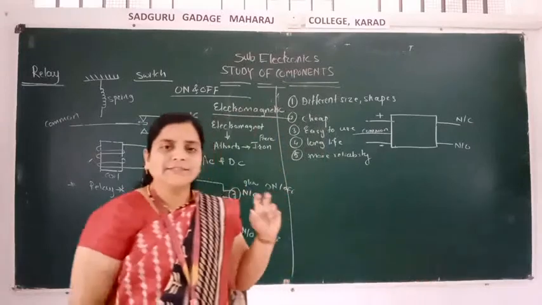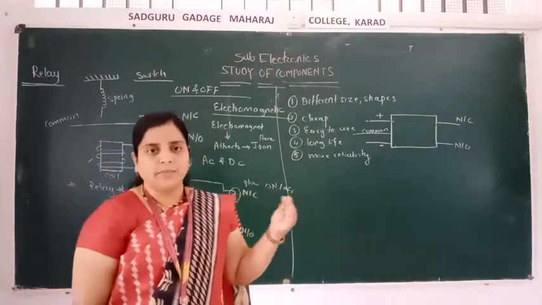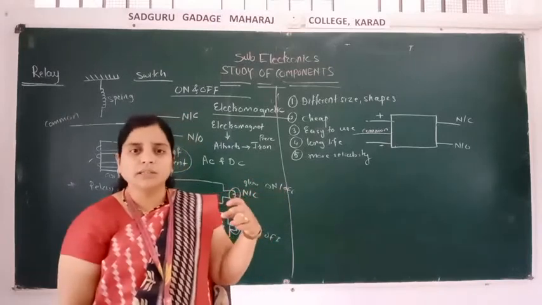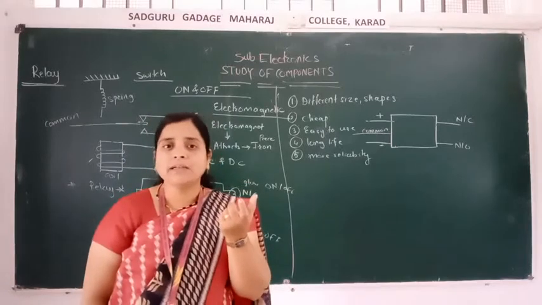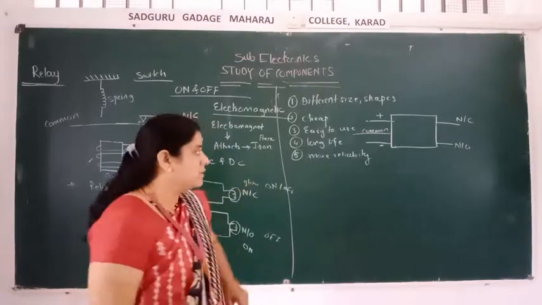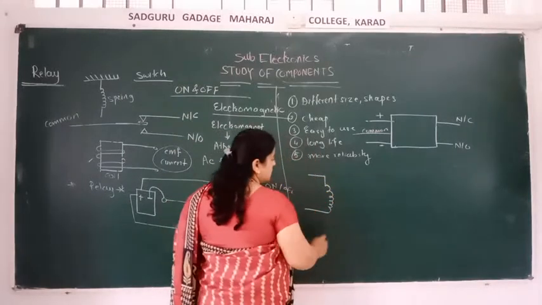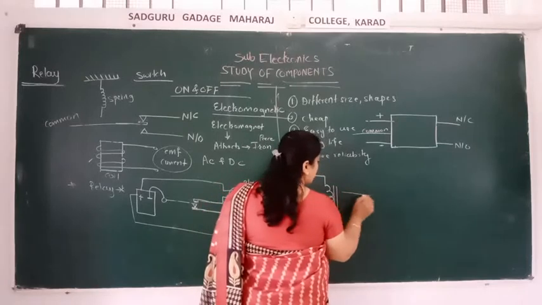Okay, so it is a very simple concept that it works on electromagnetism only. So the electromagnetic field will attract the piece of iron. Why the piece of iron? Because it is nothing but the coil. See, here is a coil. Because that coil will happen, if it is the common line,